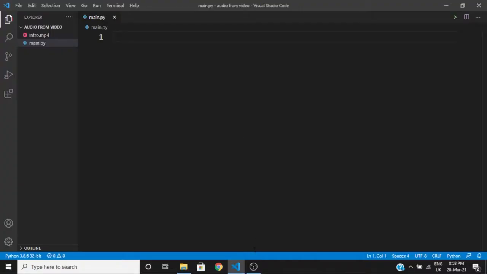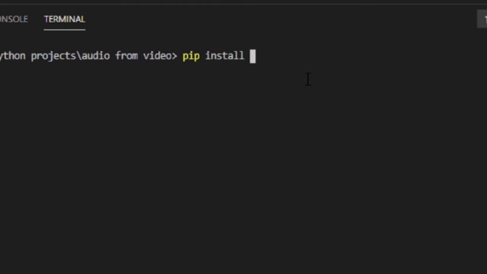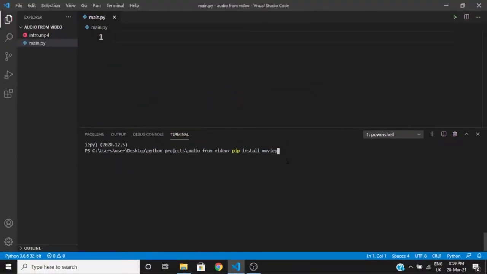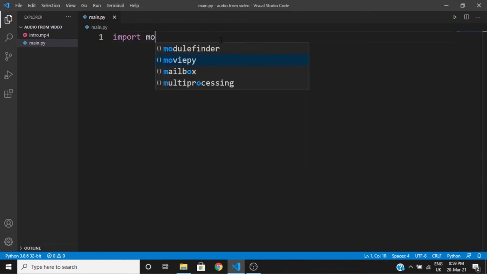So first of all, I'm gonna have to install one module. You can simply do that by typing pip install moviepy in our terminal. So now I'm just gonna close this, and now I'm gonna type import moviepy.editor